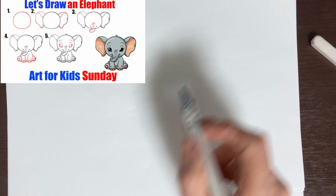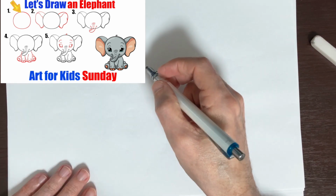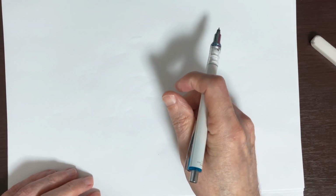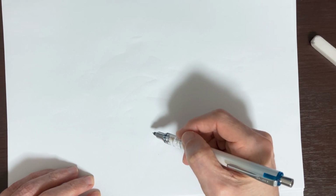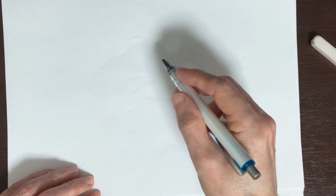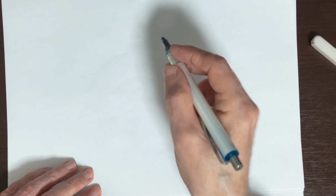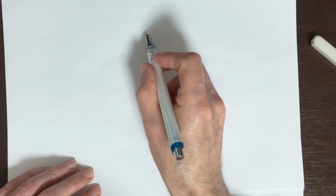Okay, for step one, we're going to be making the head, coming up from the side, so you just want to make sure that your circle is in the middle of the paper. We're going to have a body that's going to come off the head, and there's not going to be much above the head. The ears are going to come up a little bit above the head, so keep that in mind. But basically, if we put it in the top half center of your paper, you should be fine. So we're going to make an oval,